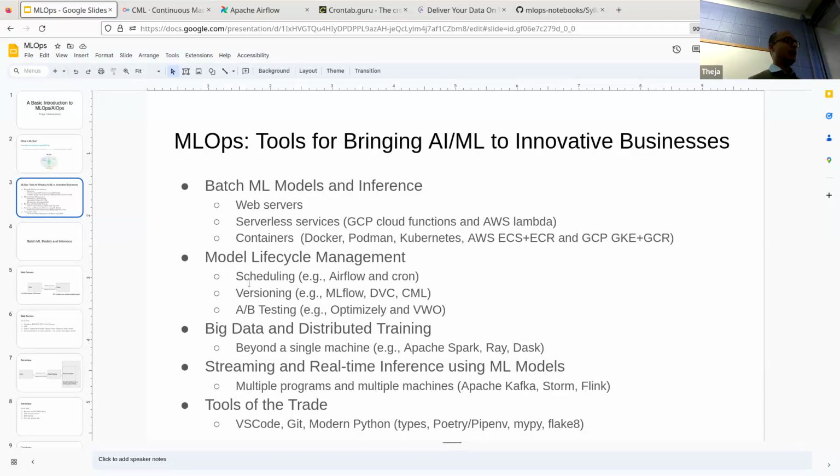Okay, so today we'll look at scheduling, and we may not have time for A/B testing, but I'll briefly mention it. So the remaining tools, I'll briefly mention towards the end if we run out of time. But the remaining ones are, the third bucket is about big data, which there is a course for it. So thankfully, it's not a skipped topic. It's a required course for at least MSBA students. So if you are, you will take it at some point.